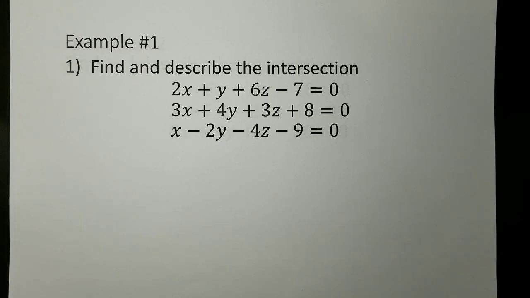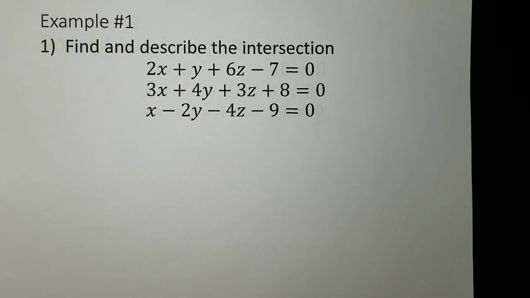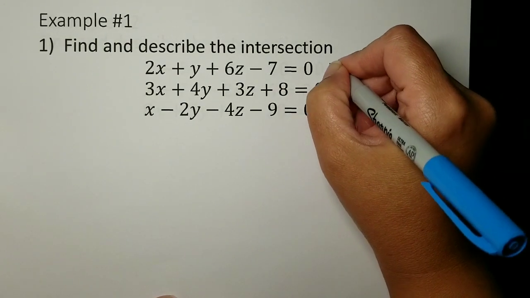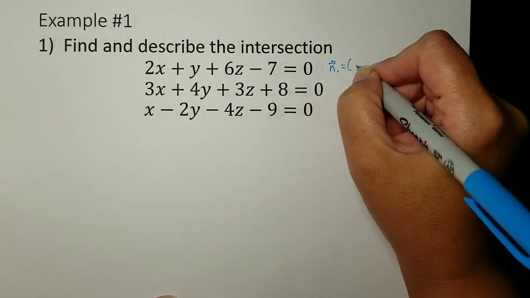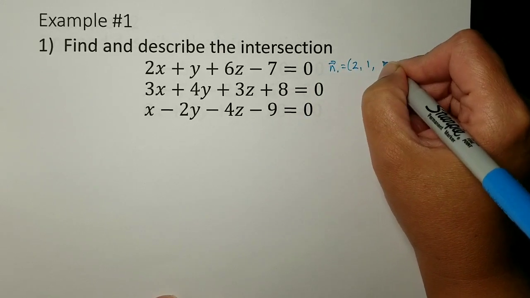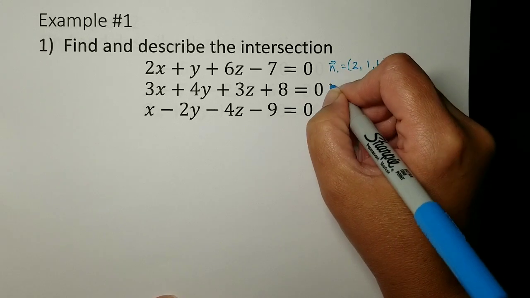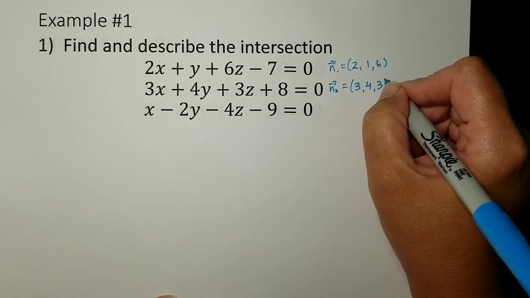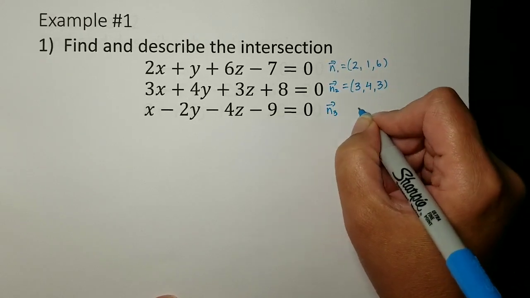So in the first one, I'm given three equations: 2x plus y plus 6z minus 7 equals 0, 3x plus 4y plus 3z plus 8 equals 0, and x minus 2y minus 4z minus 9 equals 0. I always get in the habit of listing out the normals, because that's a really important thing to do. Like I said in the previous video, you've got 8 different cases, 5 of those